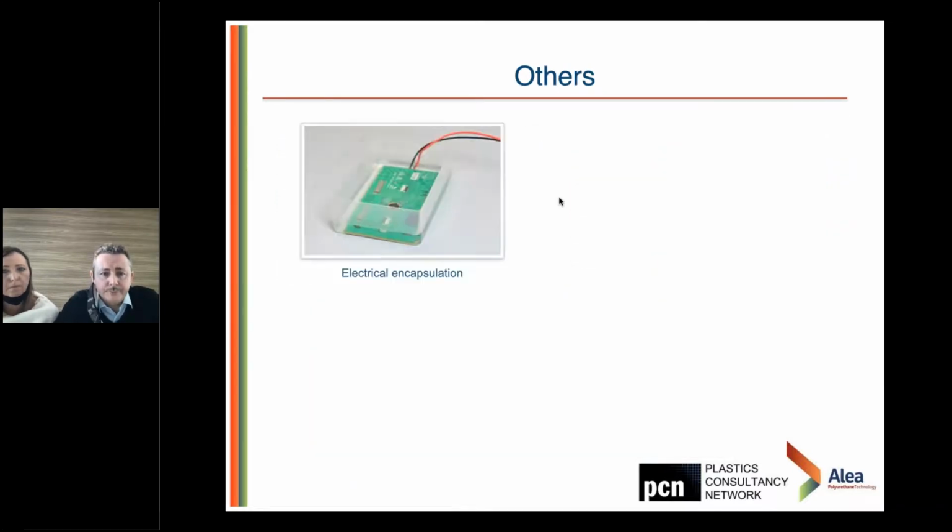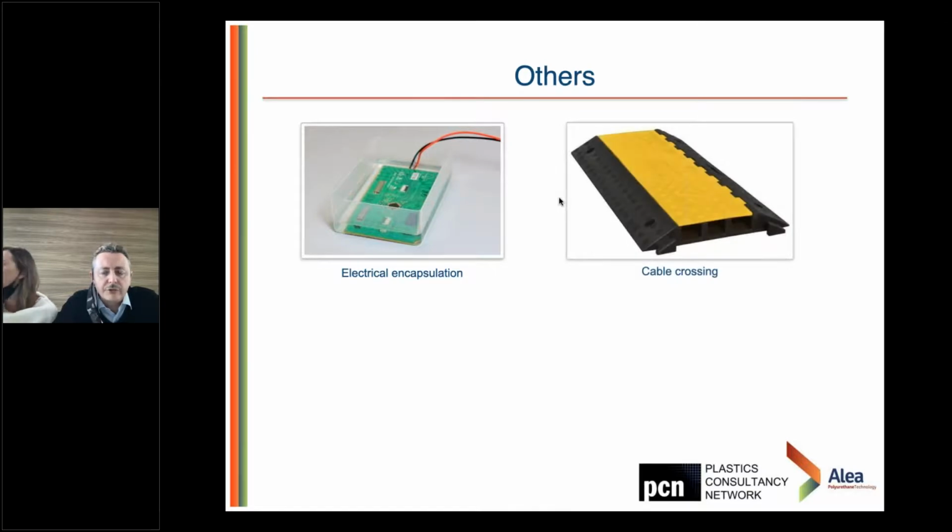Or we have electrical encapsulation. We can use polyurethane to encapsulate our electrical parts in order to protect them from dust and humidity, or even to prevent somebody from tampering with the electrical component. We have cable crossing. This is made only with 2 different types of polyurethane. You can see it sometimes during work on the street